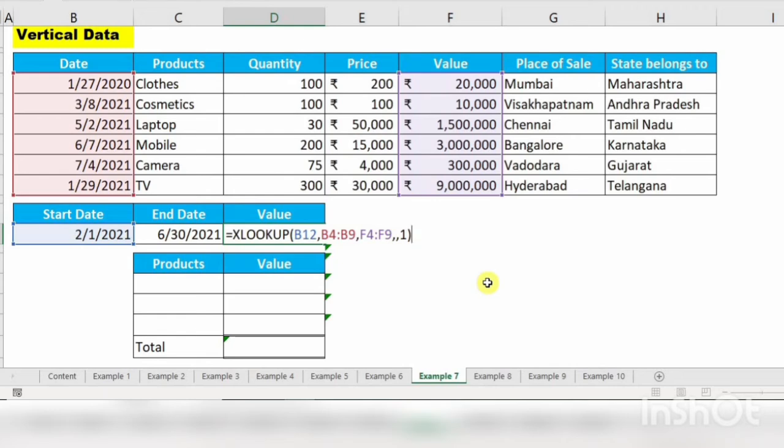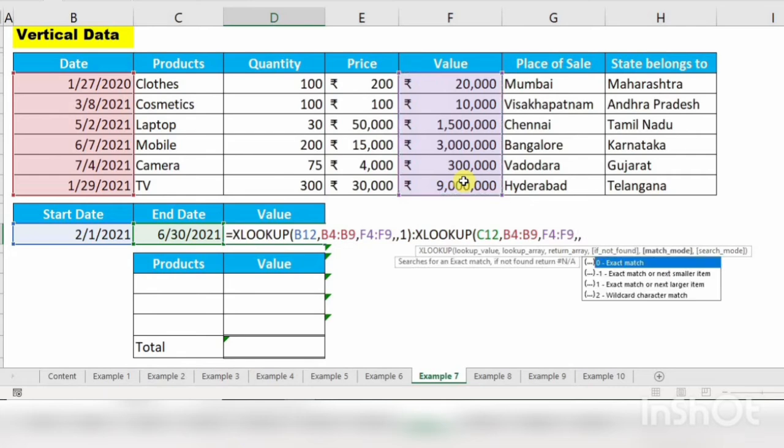Now I have to give a range here because we have to pull the data from start date to end date. I am using colon and again the XLOOKUP function. Now lookup value is end date, lookup array is this one, and return array we need value, if not found is not required.